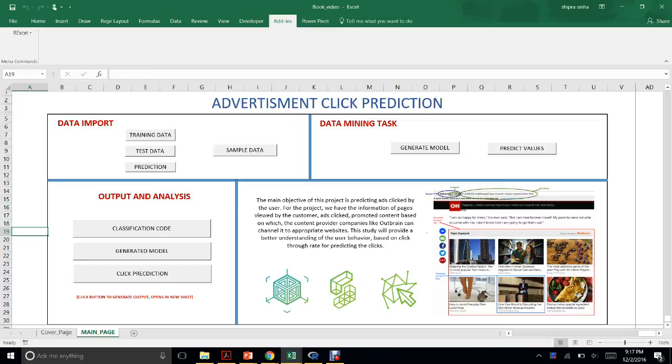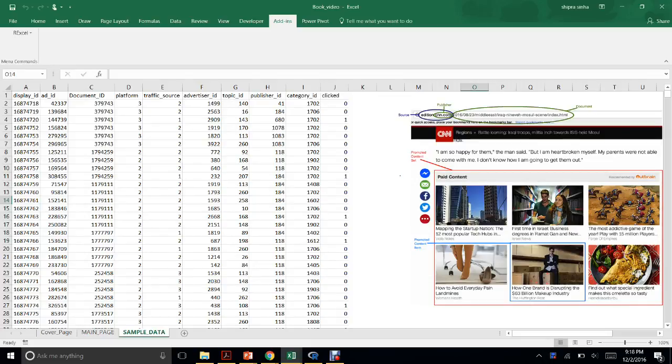We can see a sample of the data too by clicking on this button. This sample data contains the attributes we are using for our algorithm.